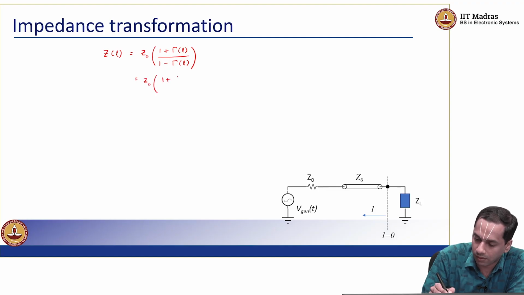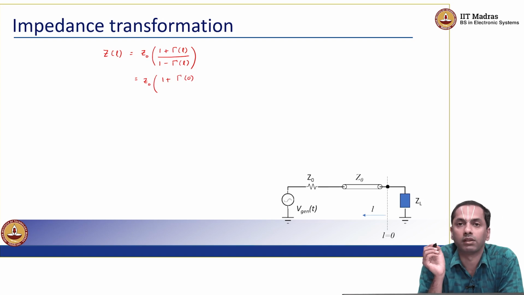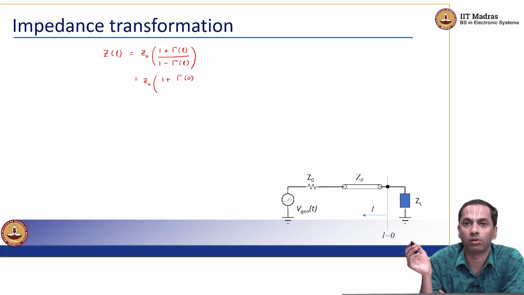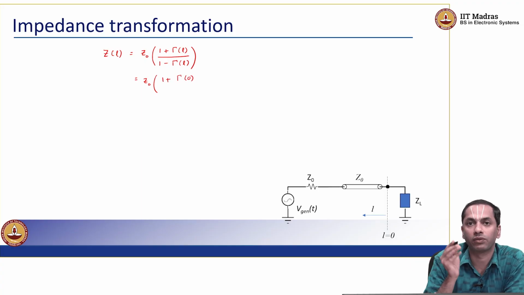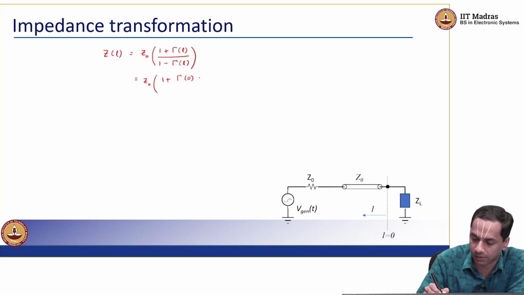So, we can represent the reflection coefficient, which is the ratio of V minus to V plus at any point along the transmission line,